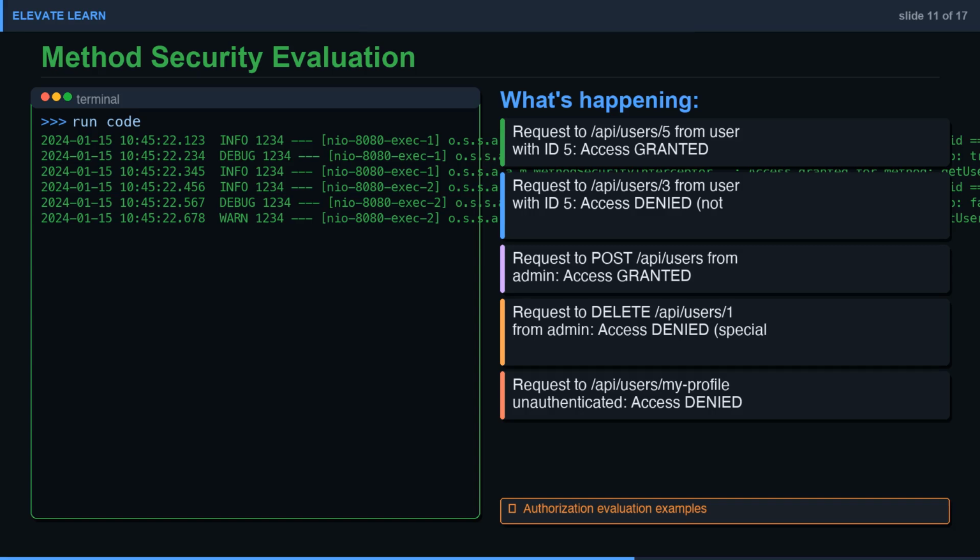Here's what happens when requests hit our secured endpoints. When user 5 requests their own profile at /api/users/5, the SpEL expression evaluates to true because the ID matches their principal ID, so access is granted. When the same user tries to access /api/users/3, the expression evaluates to false because they're neither the owner nor an admin, so Spring throws an access denied